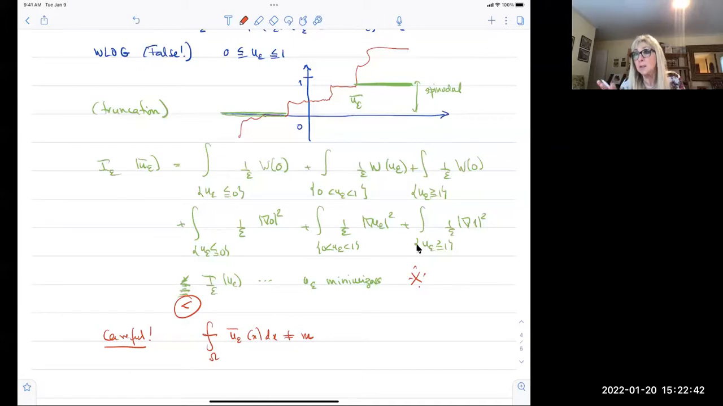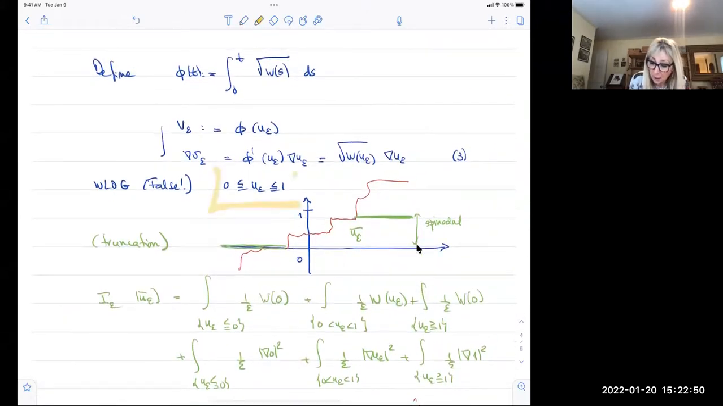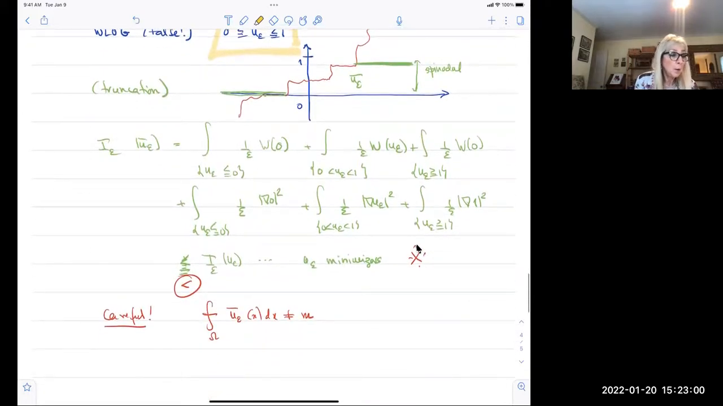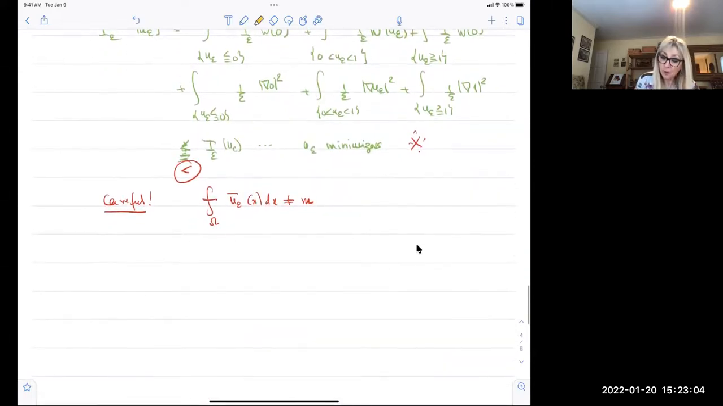But let's pretend it's okay, okay? And let me finish the argument. So if I assume that I'm lying between 0 and 1, let's see why this goes through, and then I have to fix the proof, right? Okay. So what do I have? So remember that